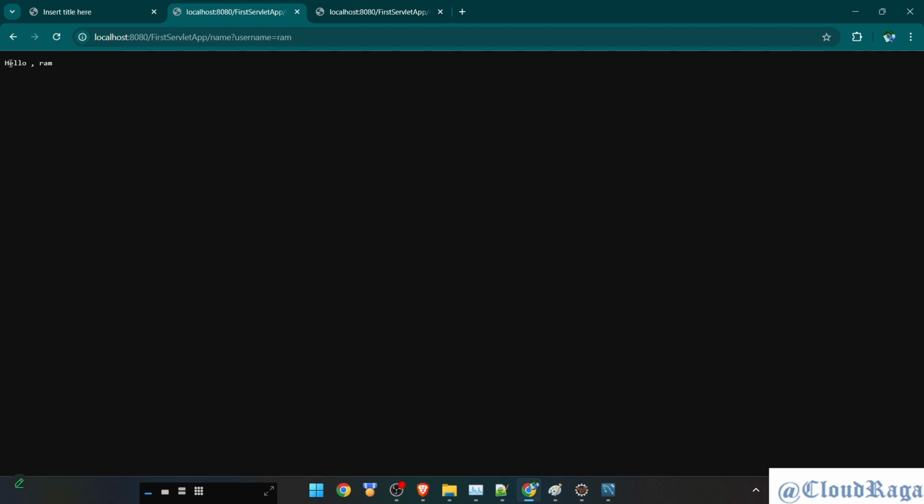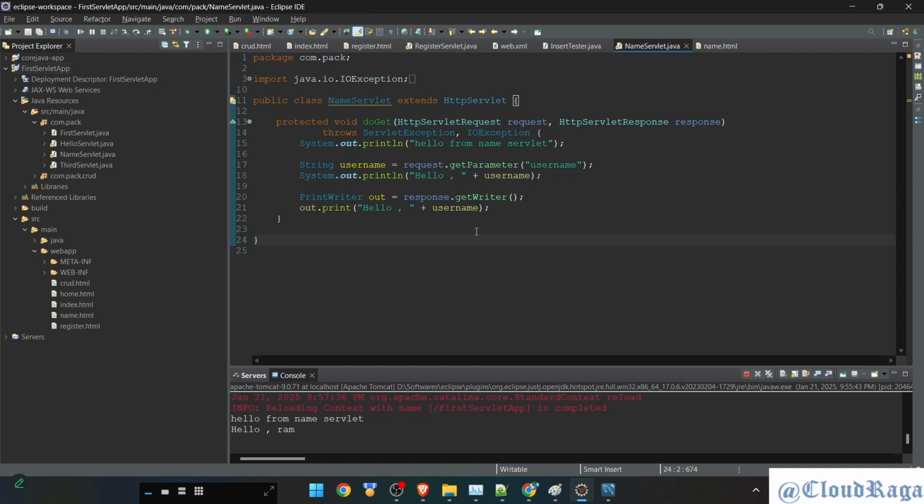Okay, let's suppose I want to make this font a little bit bigger, so at least we can play with that. And initially when we were doing servlets, I told you that in servlet pages we tend to write or create HTML pages as well, or we can use HTML tags within a Java file. This was one of the plus points of servlets, that you can write Java code and HTML code within the same file. So if you want to make the font bigger, let's use the h1 tag, okay, the heading tag,